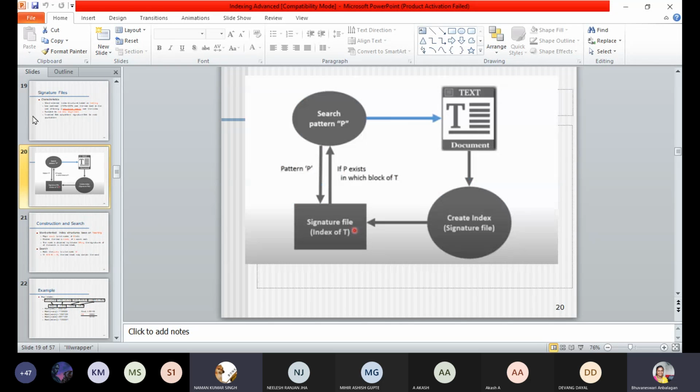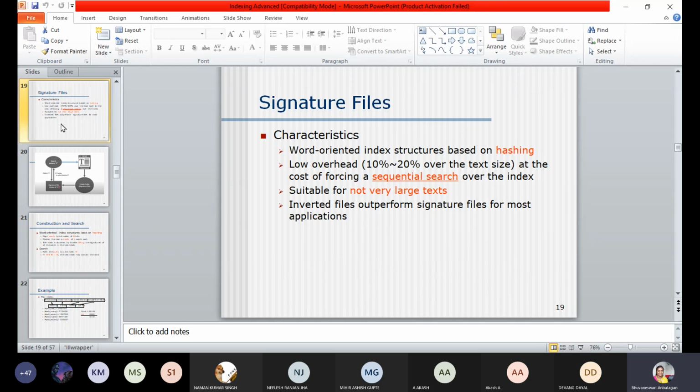Okay. So signature file is going to be a form of creating index structure for your text data. But the only difference is in case of inverted indexing, we'll be making use of term frequency.